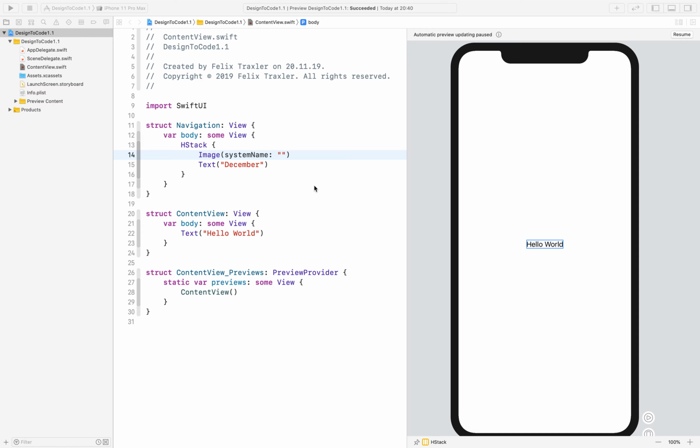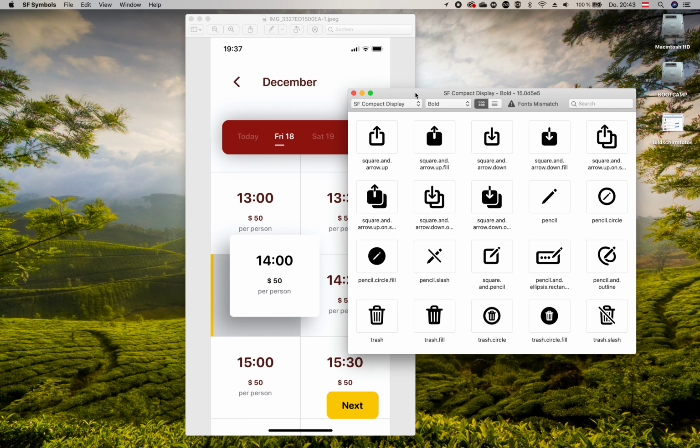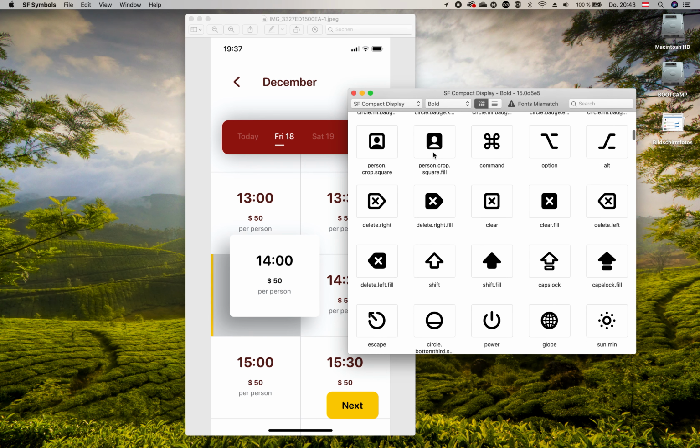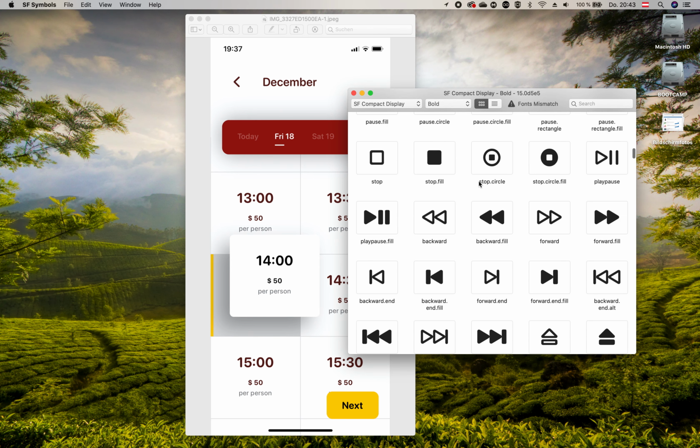You might know the SF Symbols app. This is an app that shows you all the built-in symbols for iOS, and you can use any of these images without having to add any assets to your SwiftUI project, and you can even style them with fonts,